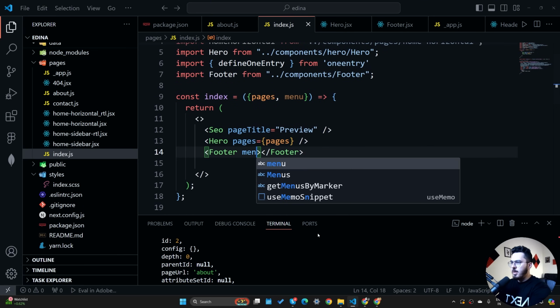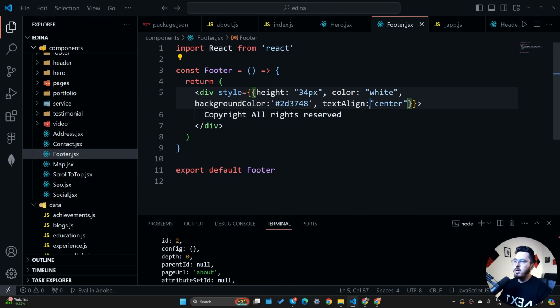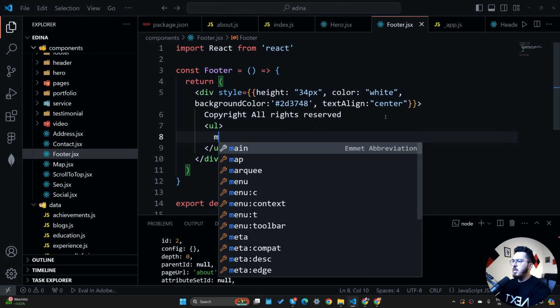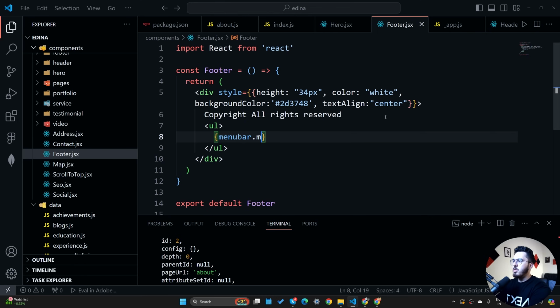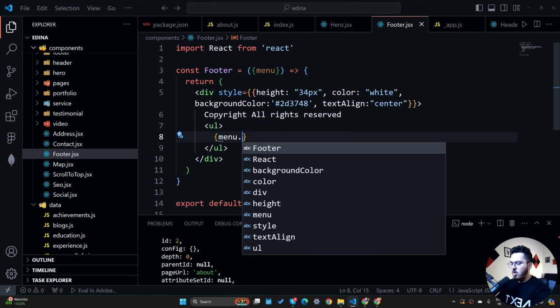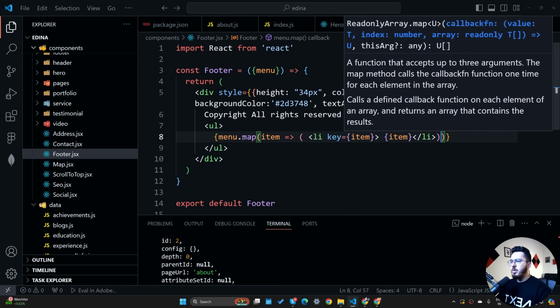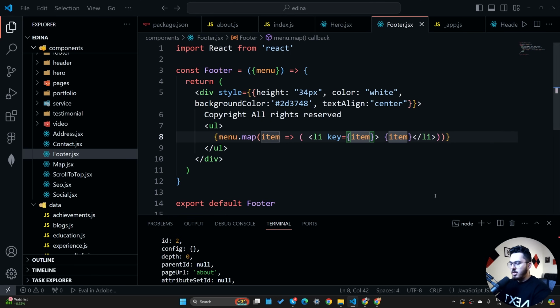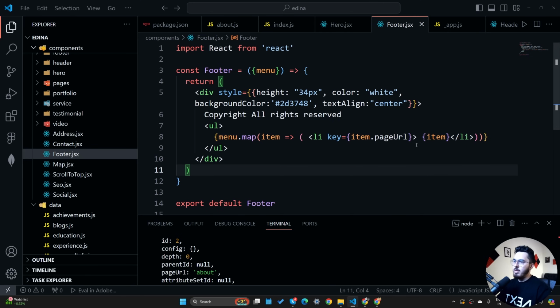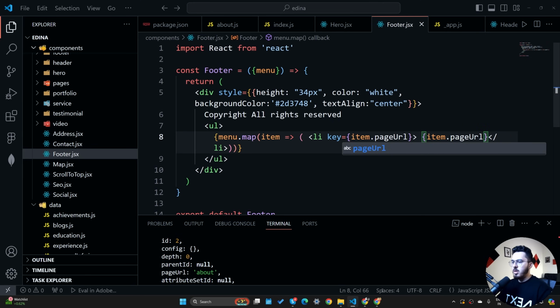So we'll say menu is equal to menu, and we are going to simply map over this menu, and we'll say UL, and then we'll say menu dot map, and let's accept menu from the props. So we are going to accept the menu from the props, and then we'll say menu dot map, and after we say menu dot map, we are going to do this, and item dot page URL. This is what I want. So page URL is what I want. Okay, so key is page URL, and we are going to show the page URL,